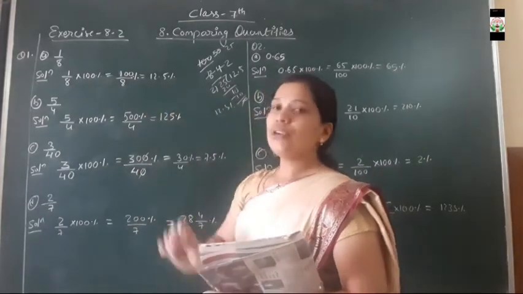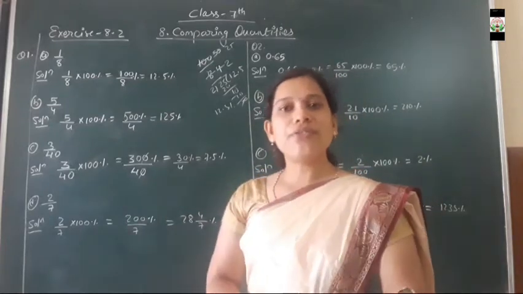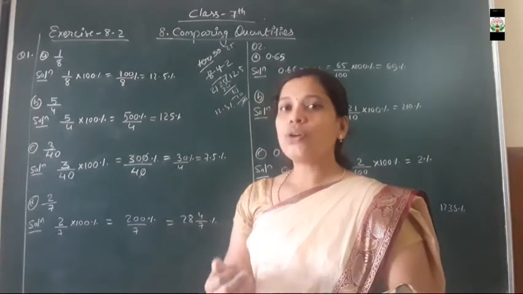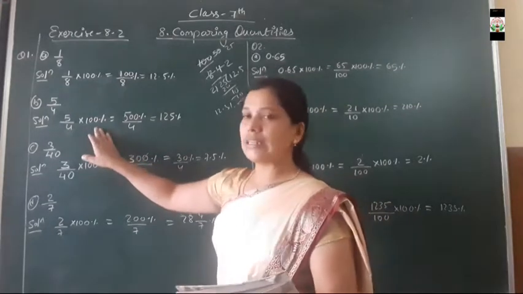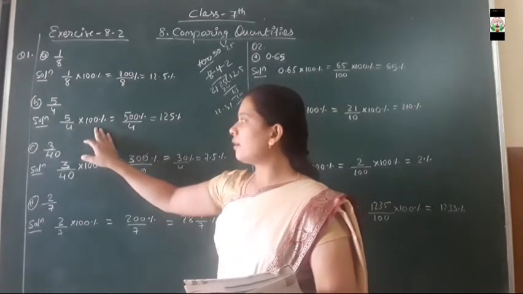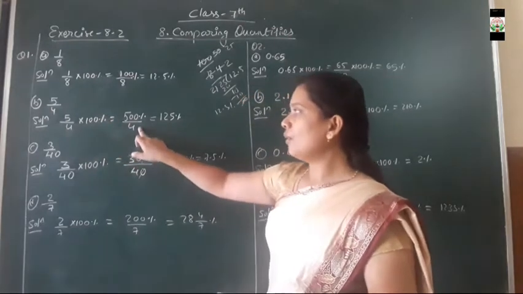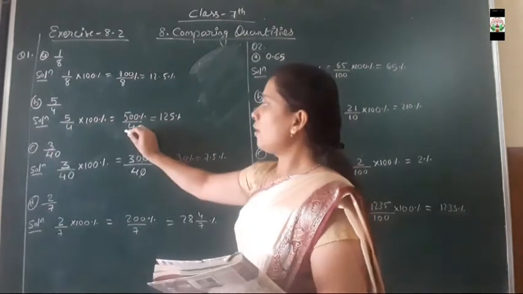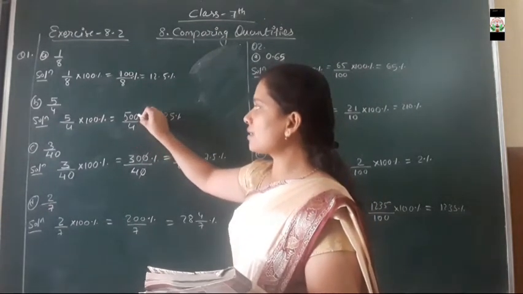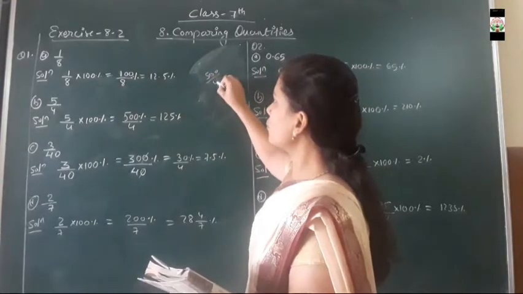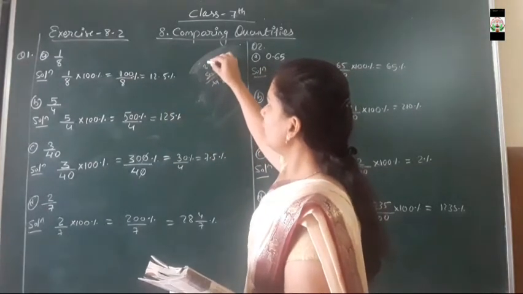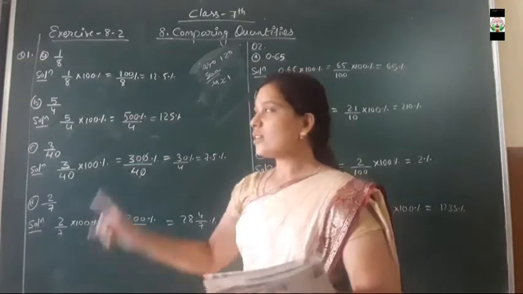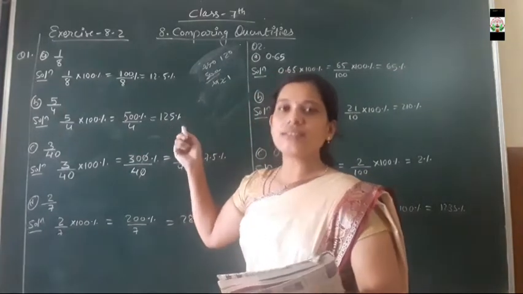Clear everyone? Now moving towards the B part of the question. Again 5 by 4 is a fractional number that we have to convert into the form of a percentage. In order to convert 5 by 4 into a percentage, we are going to multiply by 100. So 5 into 100% upon 4. Here it will get cancelled by the table of 2. Everybody knows how to cancel. By the table of 2 it gets cancelled 2 times, so 500 upon 4 becomes 2 times here, then 5, 0. Again 1 time, and here it gets cancelled as 20 times. So what is the answer we get? 125% is the answer.